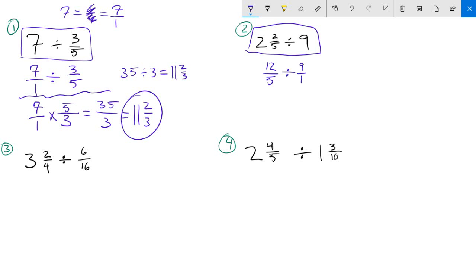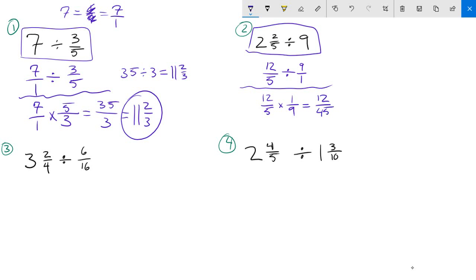9 over 1. So notice once again, I have not done keep, change, flip. I have not changed to multiplication. I have not flipped 9 into the reciprocal 1/9, right? I've just written it out. Now I'm going to rewrite it as 12/5 times 1/9. And I'm going to say, okay, well, I would get